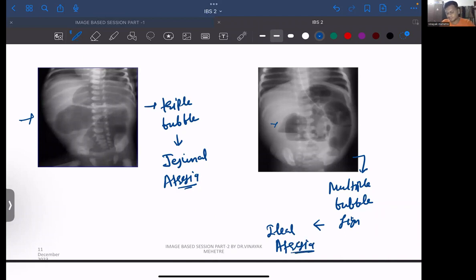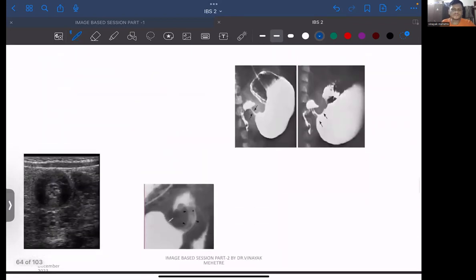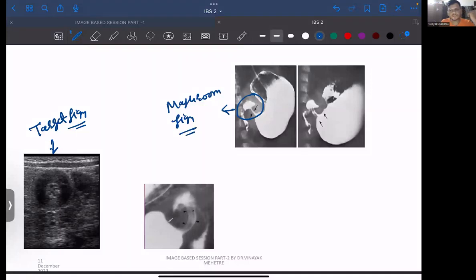ठीक है, चलो करेक्ट. क्या है ये? This is called as target sign. Okay, target sign. It looks like a mushroom, so it is called as mushroom sign. Mushroom sign. Okay, if we will make a man,